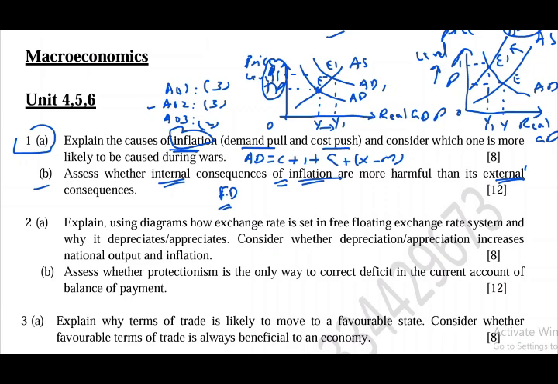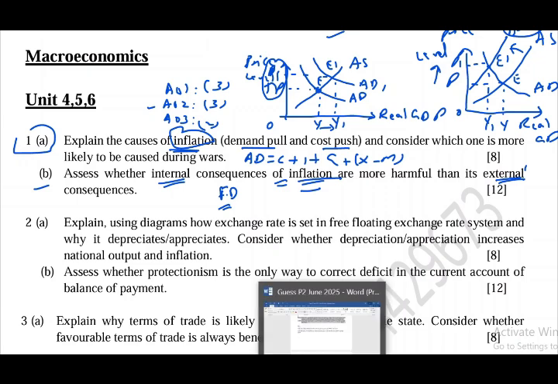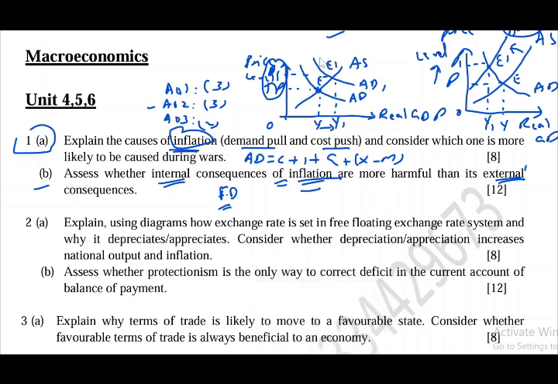Also, the consequences of inflation depend upon whether it is caused by demand pull inflation or cost push inflation, whether the rate of inflation is creeping or hyper, and what the inflation rate is in the trading partner country as well, right? Demand pull inflation is good inflation because it increases economic activity, employment and growth in the country, while cost push inflation is bad inflation and harmful as well, right? So this is how you can explain them.